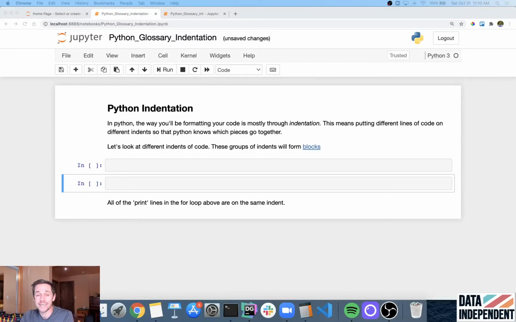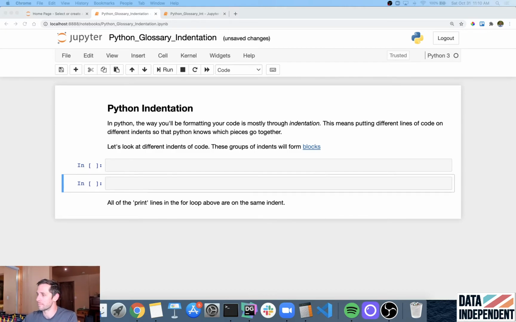Python indentation, or simply just an indent. And this is as simple as it sounds. It's literally how spaced your line of code is. And the cool thing about Python is that it's going to recognize groups of code based off of what indent it is in. Now you're going to indent your functions, your classes, your loops, and let's take a look at